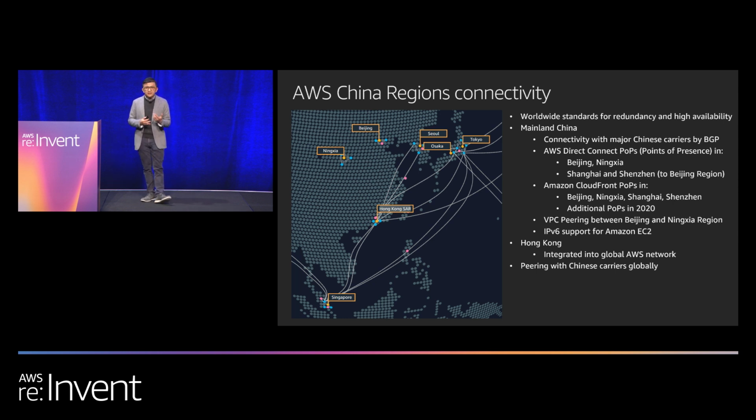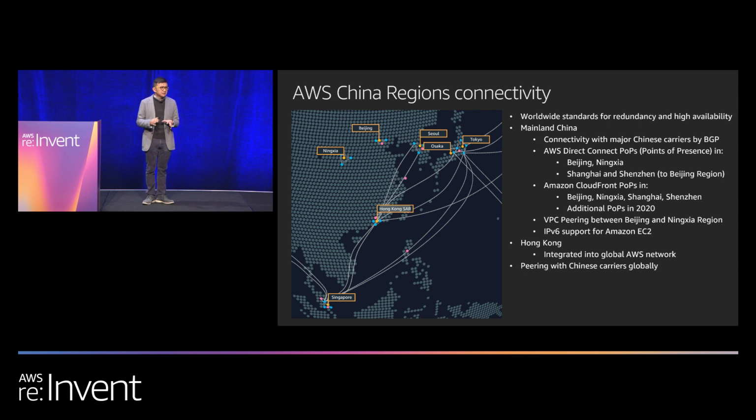We have done international peering. You're going to find that compared to when we initially first started, packet loss has dropped from maybe close to 30% to less than 2% as you connect from China regions into international AWS regions. That's a marked improvement because of the peering work that we are doing with the various ISPs and telcos.